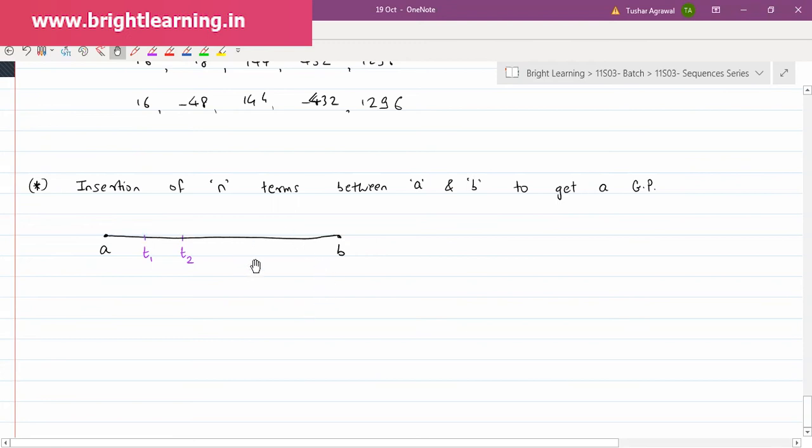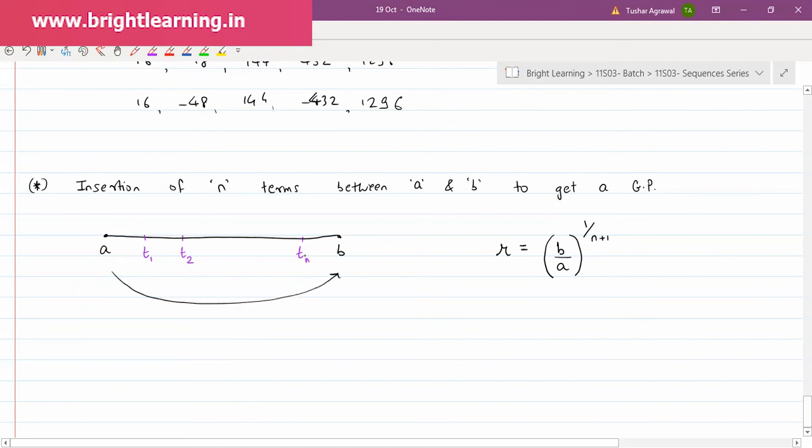So here I am denoting it as T1, T2, Tn. In the purple one, we have denoted T1, T2, T3, T4, Tn. So by now, I think you should be able to realize. I will write the result directly. So the common ratio will be equal to B upon A, the whole raised to 1 upon n plus 1, meaning the n plus 1th root, because while going from A to B,